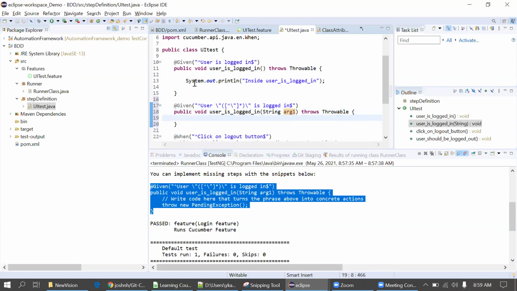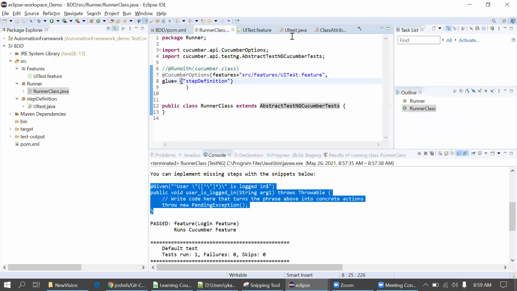So I'll print this sentence again, and I will print this argument as well, plus args. What will be the output for this args? It will print inside user logged in, and then it will print name Yogesh.